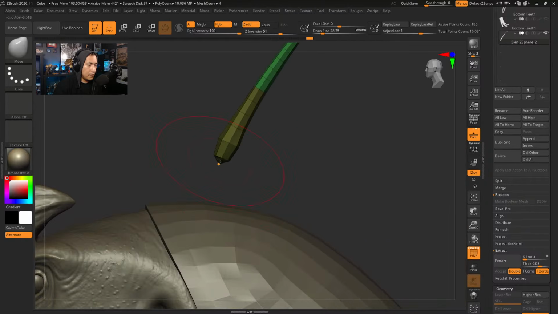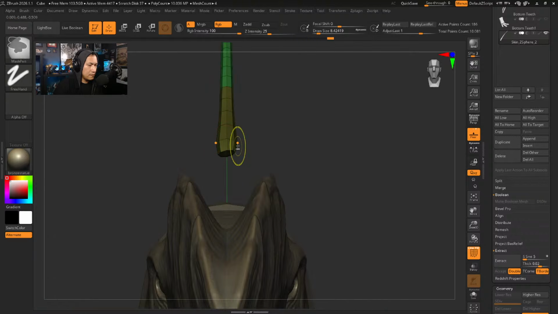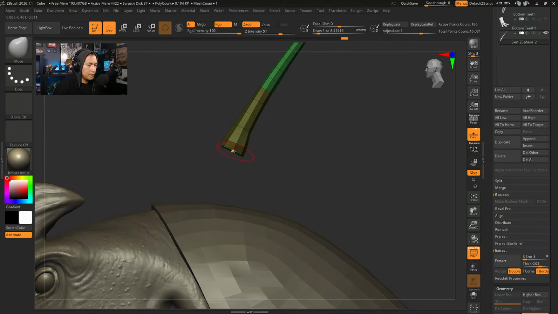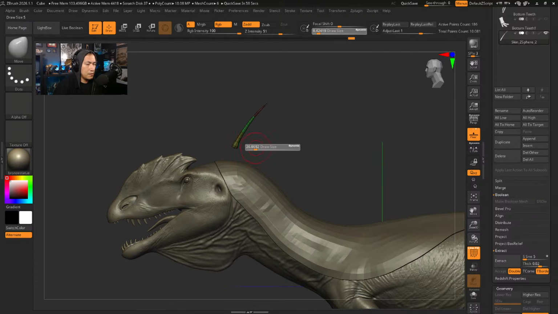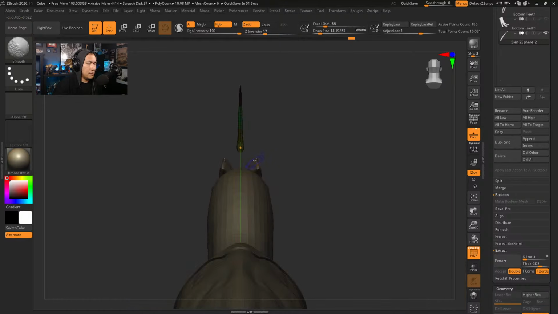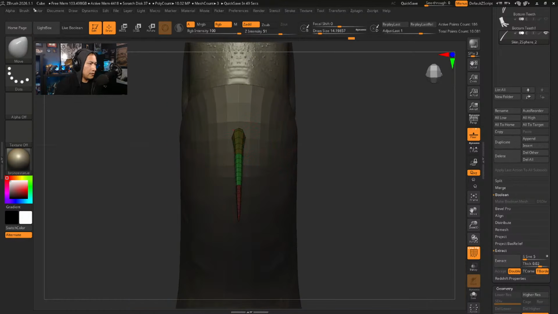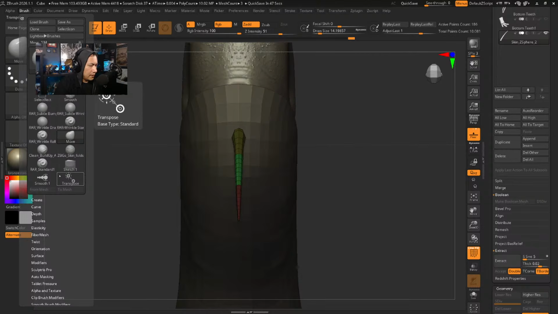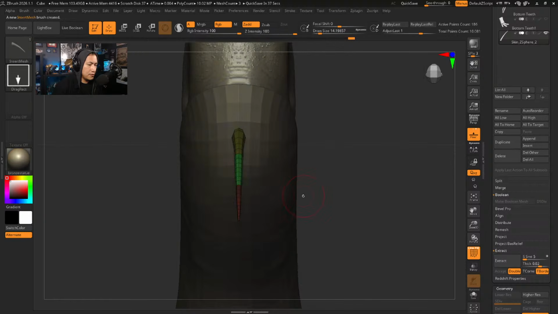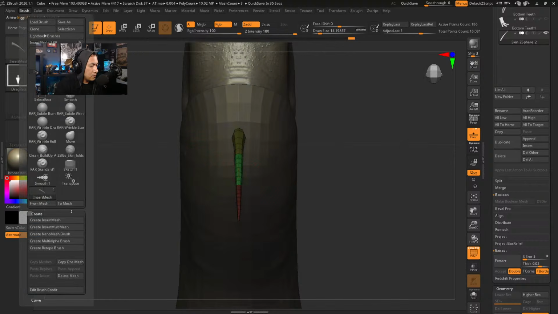Oh man, why do I keep on doing that? Okay, so we'll turn this, we have to make sure it's looking at us properly. And then we will turn this into an insert mesh. Make sure it's a new one. And then we go to